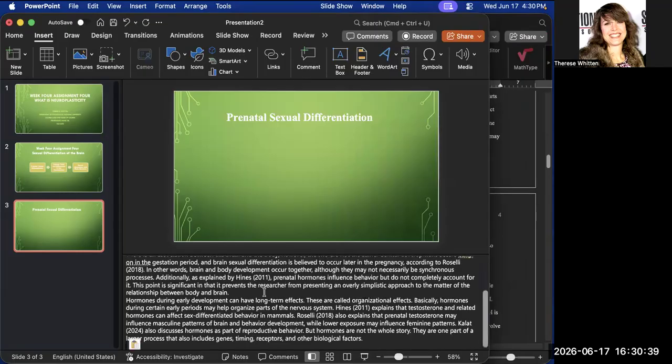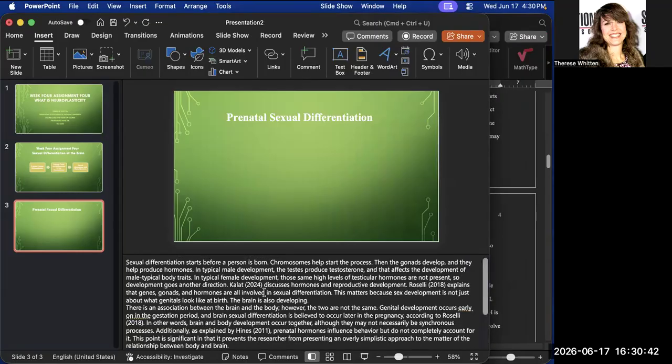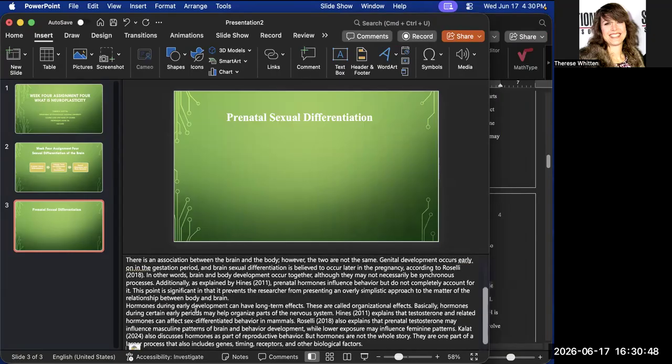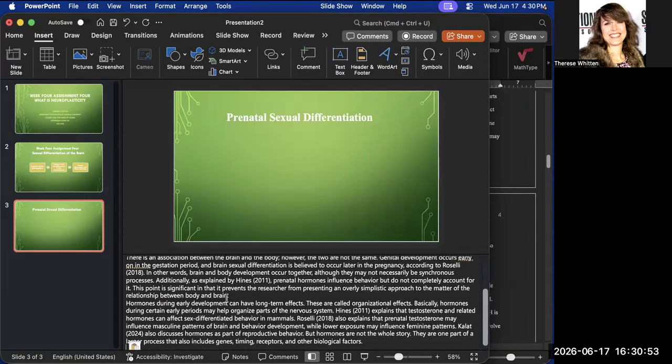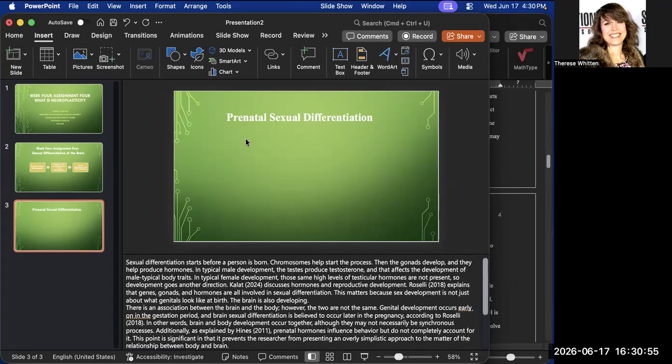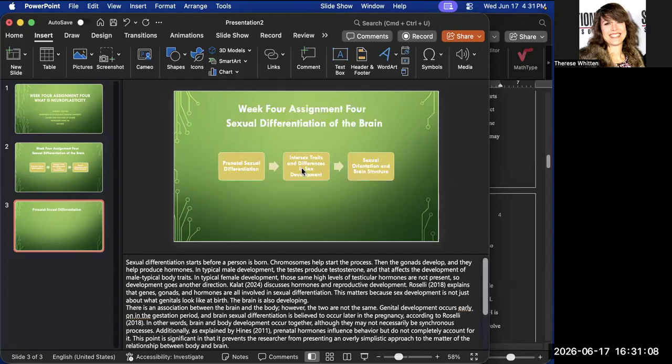Okay, so now I have my paragraph here, and each of these sections, we've got 1, 2, 3. So we have about three paragraphs for this particular section. That means we only need three bullet points that lightly touch on each of these topics. So we'll say, you're just going to go ahead, and I would take this and maybe